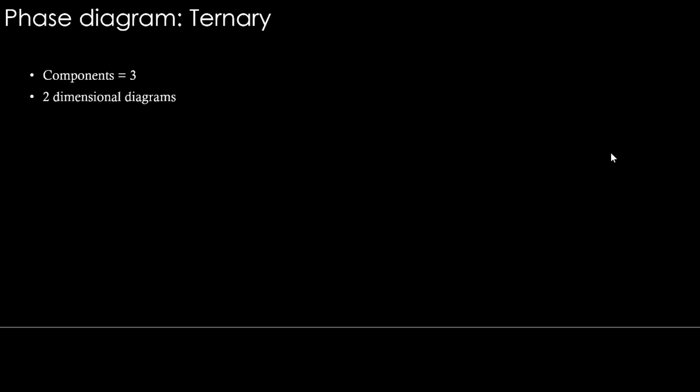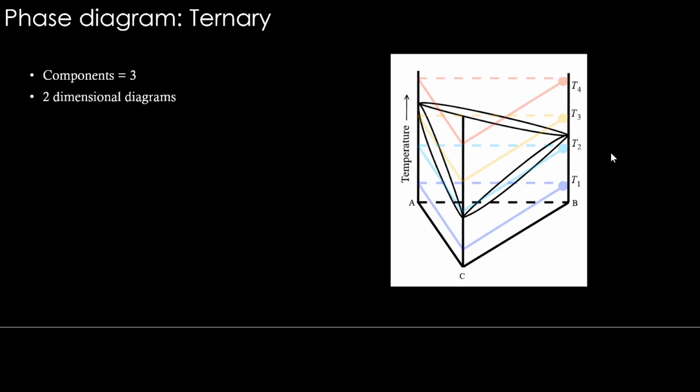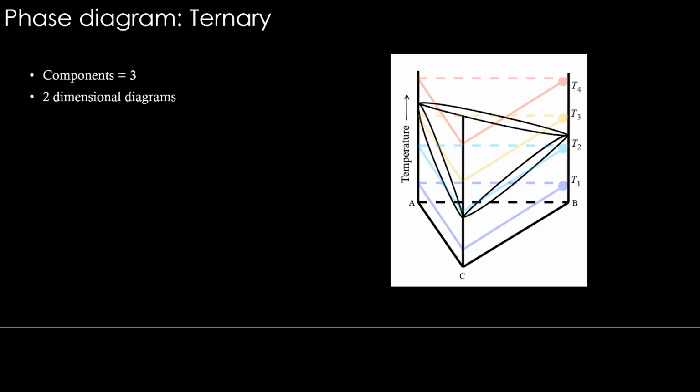Now let's see how these isothermal sections come from the ternary prism. This is a ternary prism. You can see ABC is represented here, and all three sides are isomorphous kind of diagrams. At different temperatures, a triangle is drawn. This is basically like taking a blade and cutting the ternary prism like that. So this is T1, T2, T3, T4 at different temperatures. You see that the isothermal sections are formed.